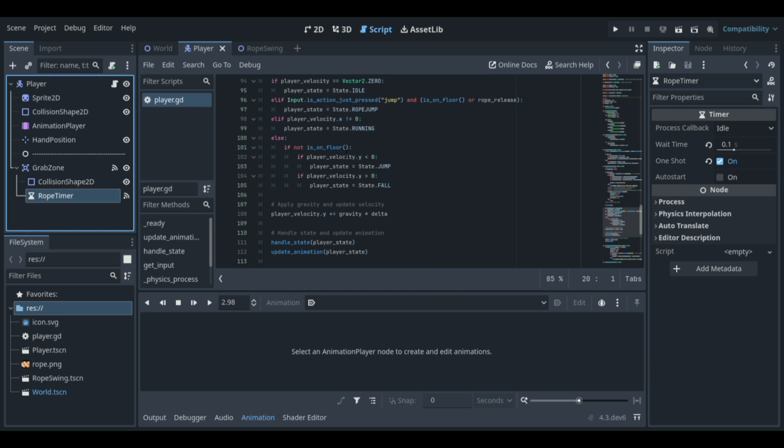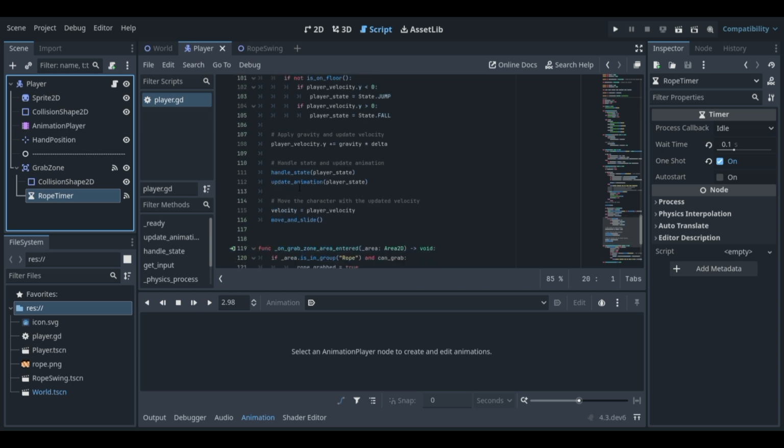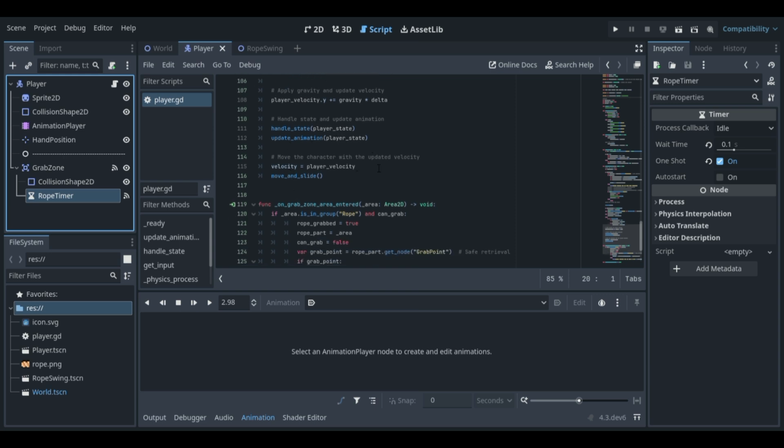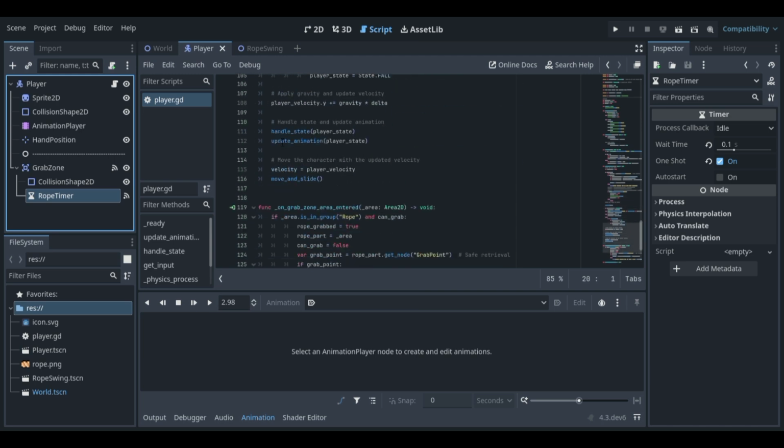Else if not is_on_floor, if player_velocity.y greater than 0, player_state is State.JUMP; if player_velocity.y is less than 0, player_state is equal to State.FALL. Player_velocity.y plus equal gravity multiplied by the delta. So we have a handle state for player, update the animation, and move the character with the updated velocity. Velocity is equal to player_velocity. Move and slide. Okay, so that's the end of our player movement.